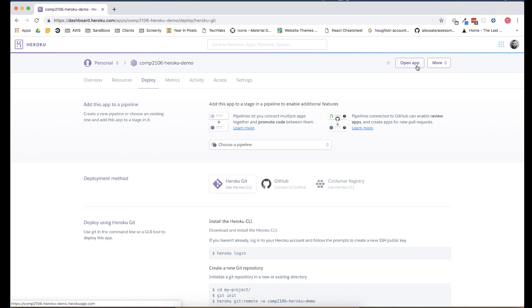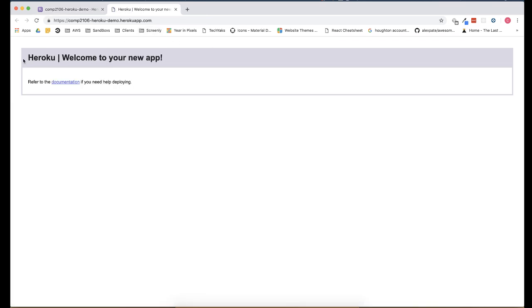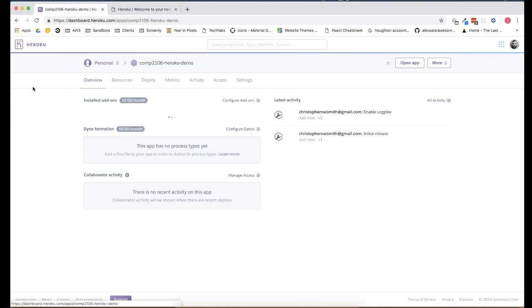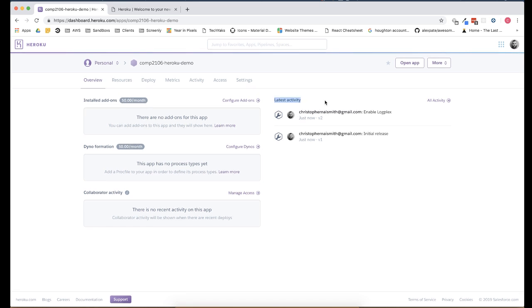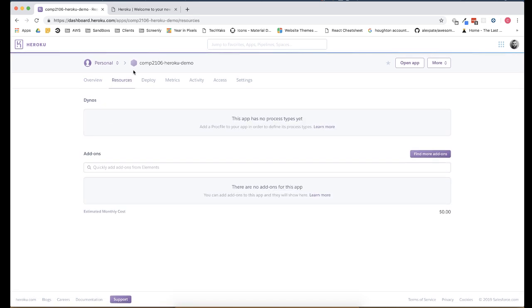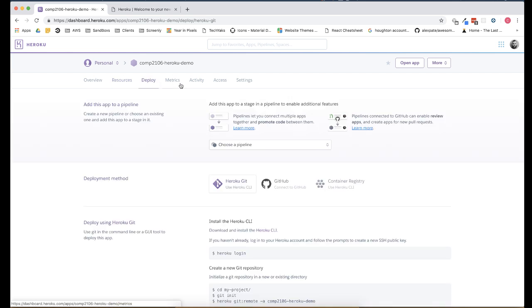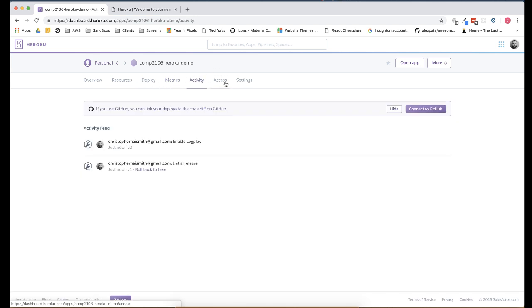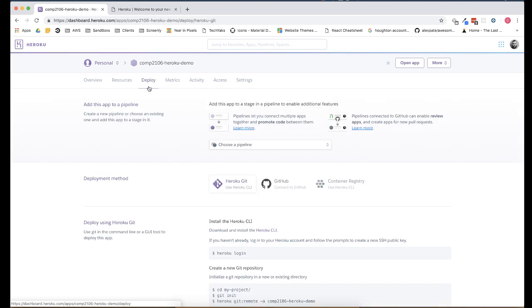So right now, if you click Open App at the top right, this is just the default application that gets loaded when you deploy your Heroku app for the first time before you end up uploading any of the code. So you can see an overview. You can see your activity. Under resources, this most likely won't pertain to a lot of you, but you can do different add-ons. There's a lot of stuff that Heroku allows you to do in order to have a web application deployed. And then there's some other stuff, but really the only thing that we're worrying about is the deploy